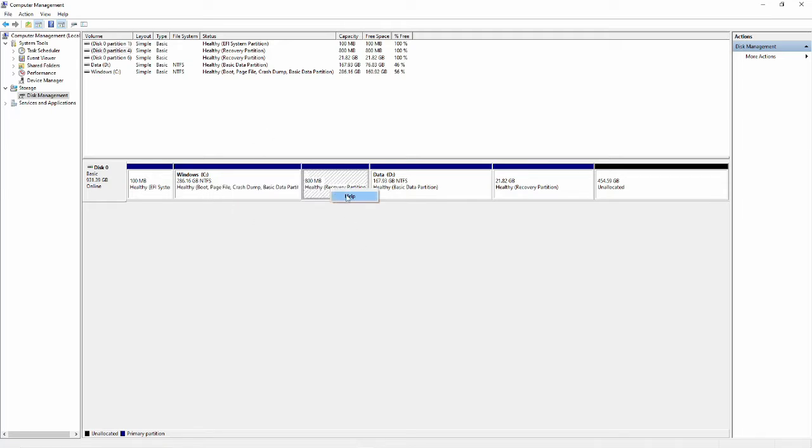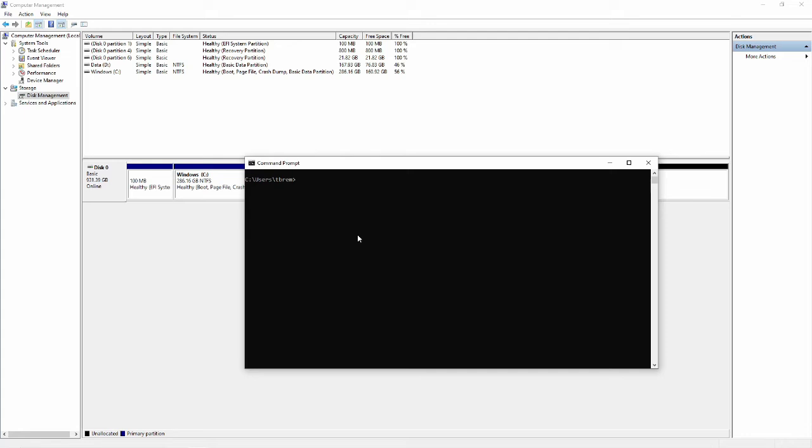We have this issue that the recovery partition cannot be deleted via the disk manager system. When I right click, the option to delete is not available, while when I right click here, I can delete the volume. The solution to this is to use the diskpart tool.